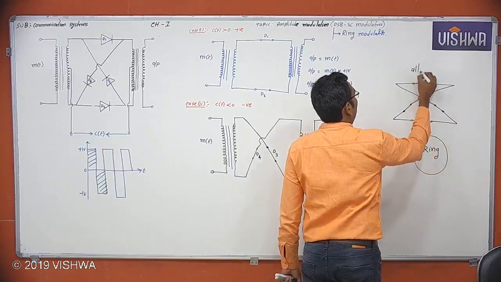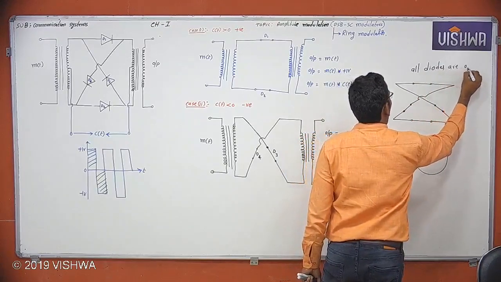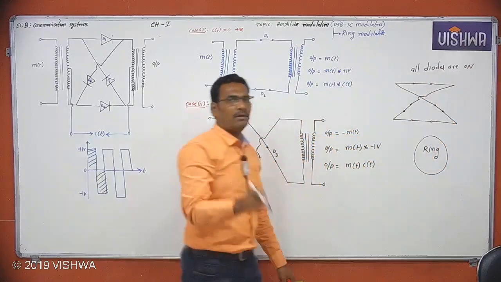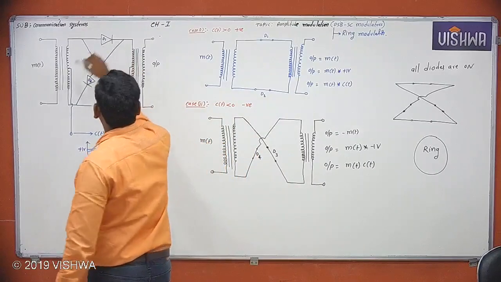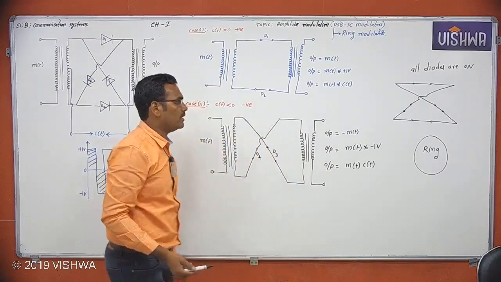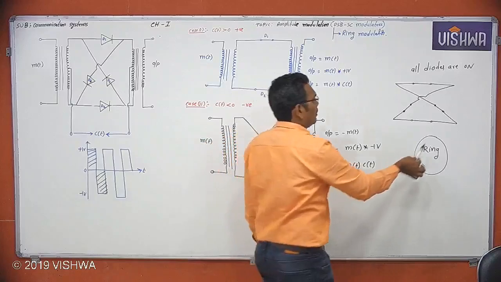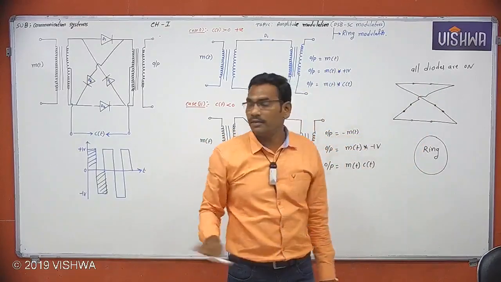This line. All diodes are on condition. Now this diode circuit operation will form a ring. Therefore, but all diodes are on or off, that depends upon the anode and cathode voltage. But if all diodes are on, now it will form a ring. Therefore, this is called a ring modulator. Okay. Now first you take this one and we'll